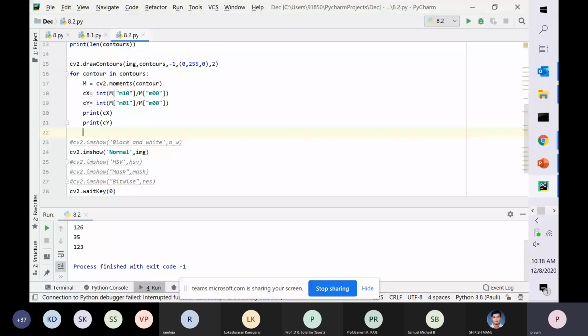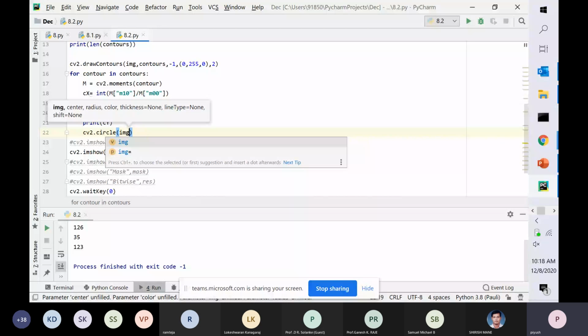I want to print the coordinates on the image itself so that I have better visuals. So for that, what we can do is that initially we will be making a circle. If you talk about a circle, then we talk about radius and diameter. If I talk about a solid circle, then you can say it has zero diameter, or in simple terms, you can call it a point. Okay, so I'll go for cv2.circle